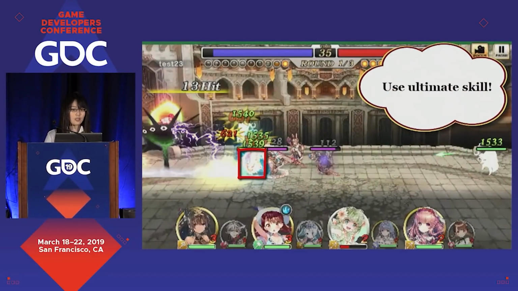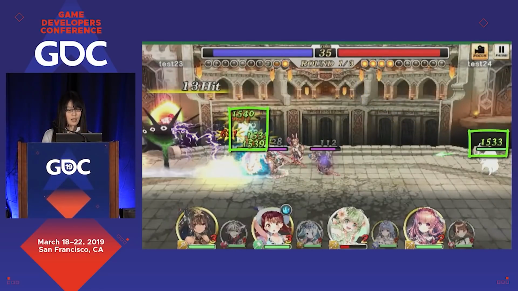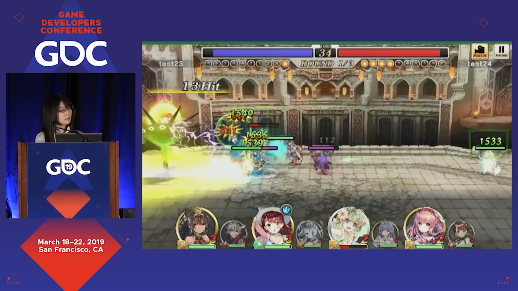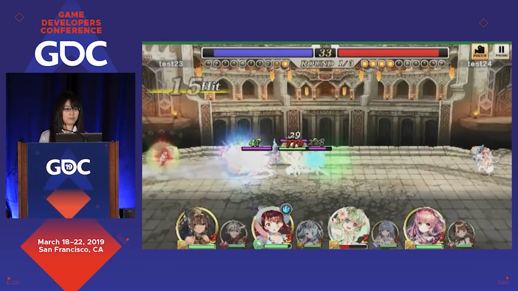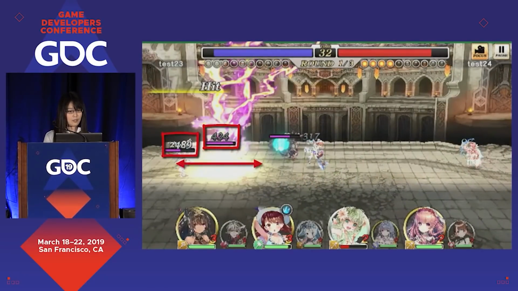She used her ultimate skill here. Her ultimate heals her ally first, and after that, a long-range attack occurs.